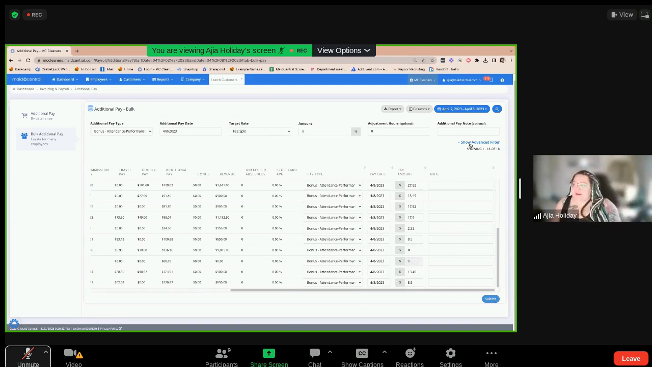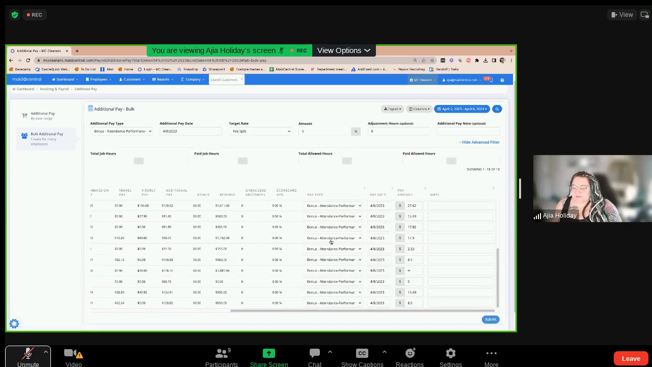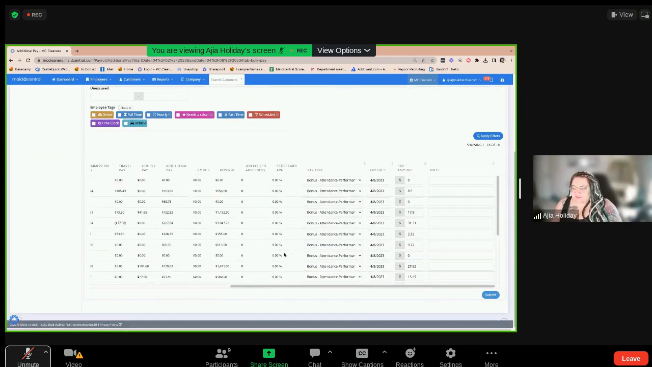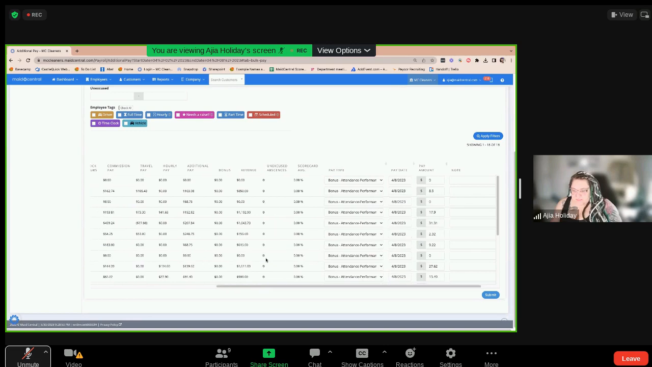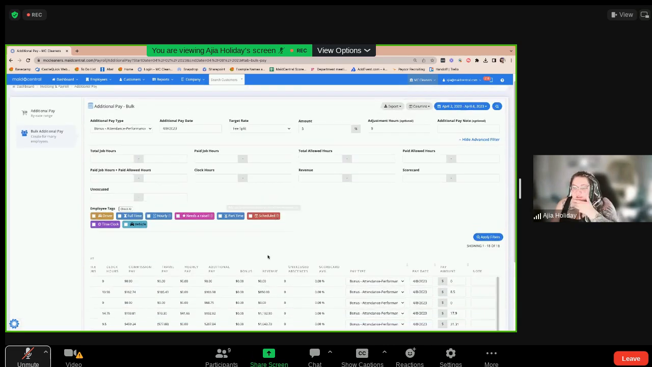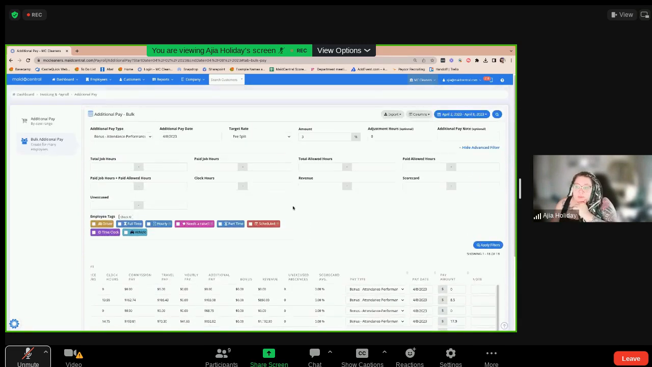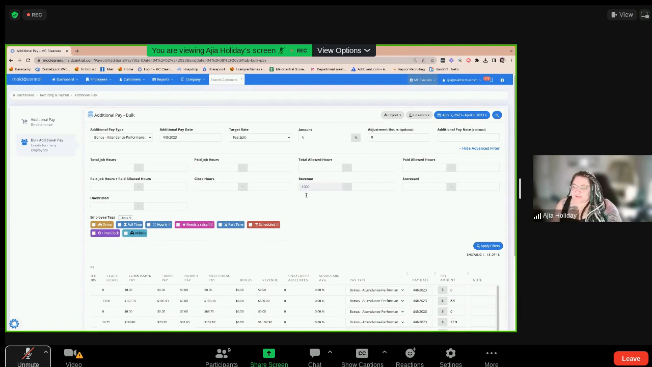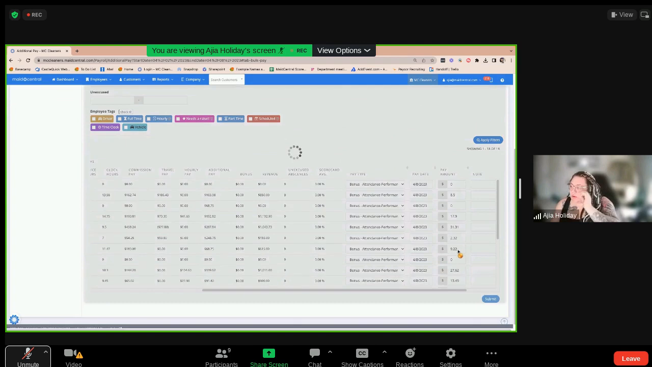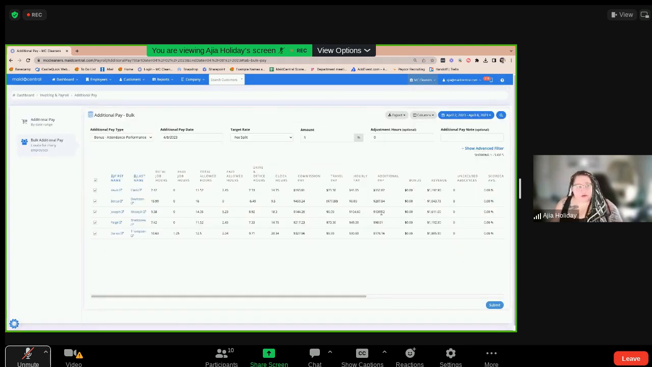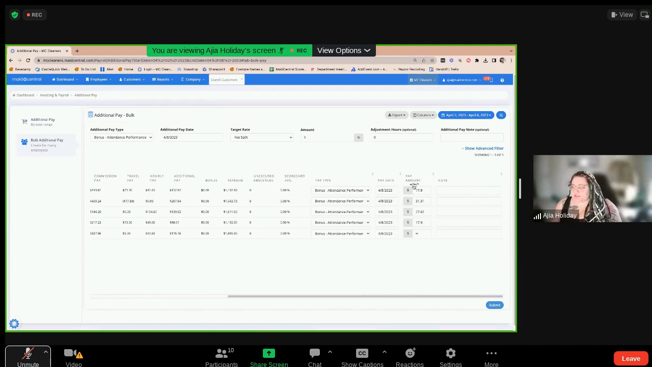But now let's say I wanted to adjust these based off of, looks like they don't have any scorecards from last week. We'll do it based off of how much revenue they earned, so that only the people that did over $1,000 in revenue earn this bonus. So I can just put 1,000 here. I don't have to put a cap on it. It's just saying anything over 1,000 and then apply this filter. And it reduced our total amount here so that only the people that had over $1,000 of revenue get that